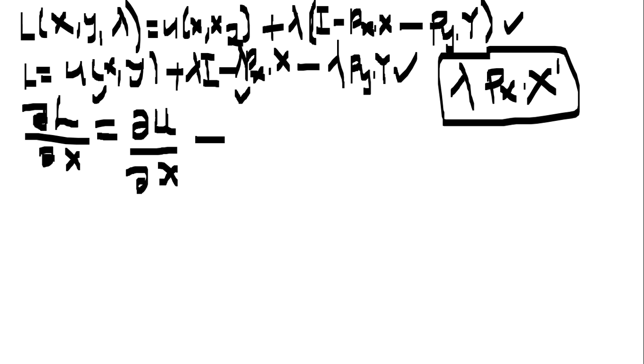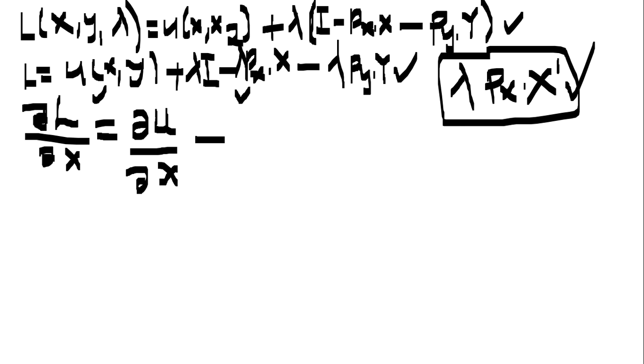For this part, from the utility function, we are just going to partially differentiate the utility function with respect to x. Since it's positive here, its derivative should be positive. But in the constraint, we have negative lambda price of x multiplied by x. Now, when we differentiate this,